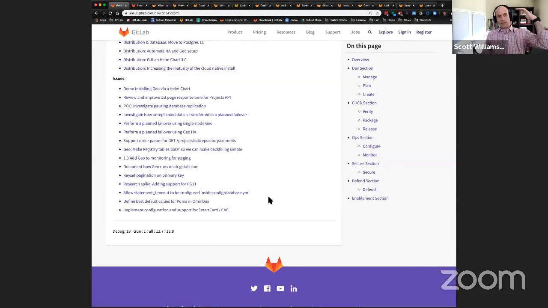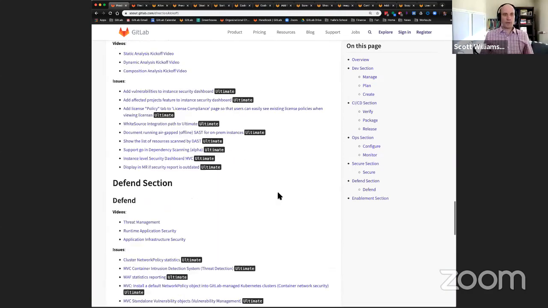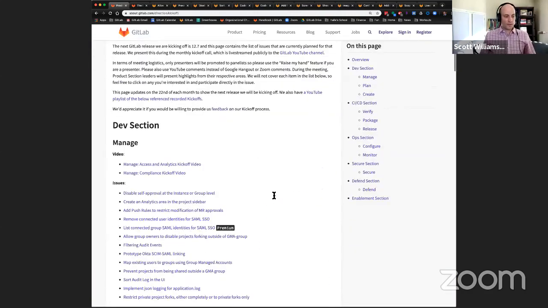We're going to present in 5 different sections. So Eric Brinkman will present on dev. Jason Lenny will present on CICD. Kenny Johnston will present on ops. David DeSanto will present on secure and defend. And Josh Lambert will present on enablement. And they'll be presenting high-level themes. We can't cover all the details in here. So if there are specific issues or aspects you're curious about, again, please weigh in on the issues.